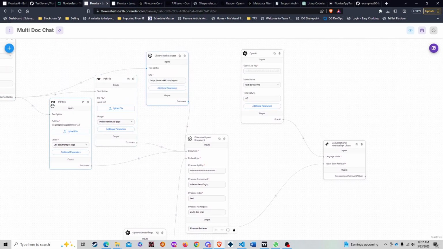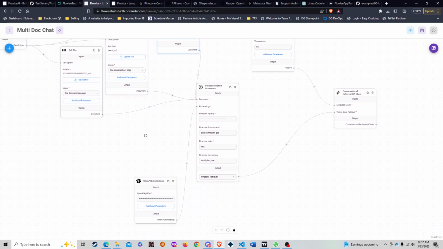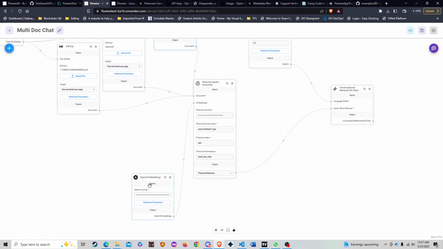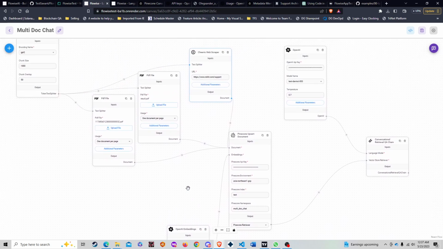We're going to be uploading multiple PDF files to the Pinecone database, as well as scraping a website. And all of that is going to be embedded using OpenAI